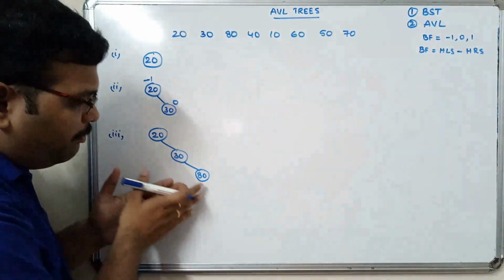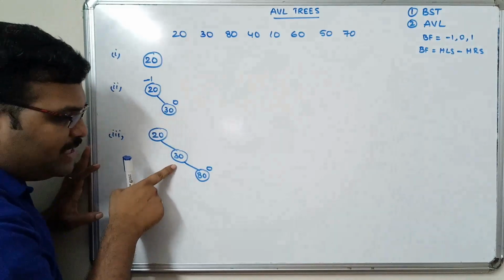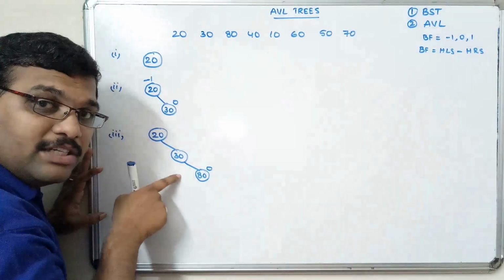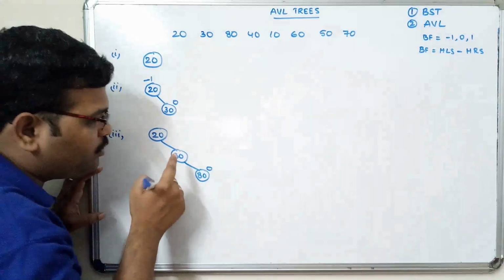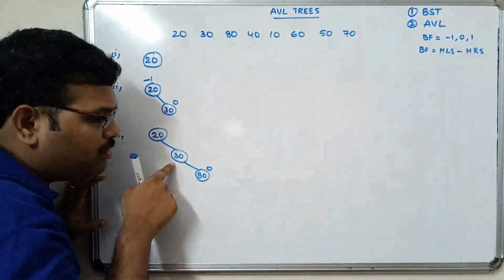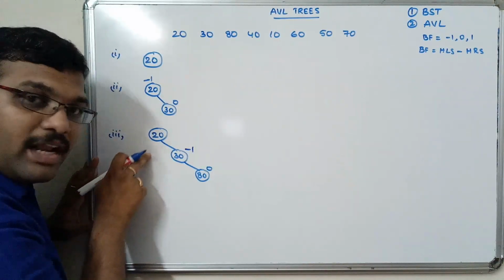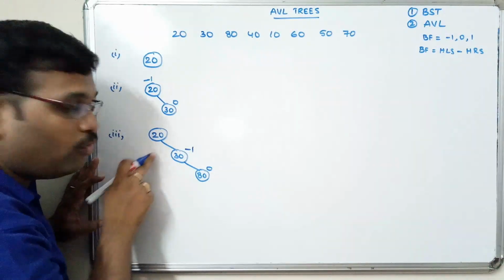So bottom to top, this is a leaf node, so the balancing factor will be 0. This is a node with only one element, that is also the rightmost element. On the left-hand side there are no elements, right? So the balancing factor is 0 minus 1, which is minus 1. And again here also there are no left-hand side elements, only right-hand side